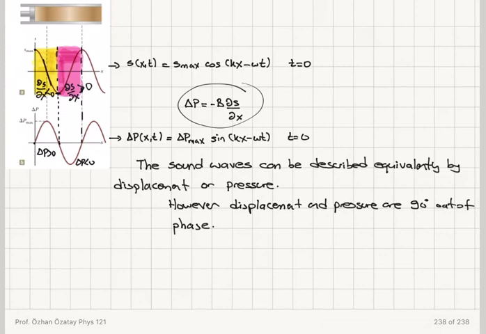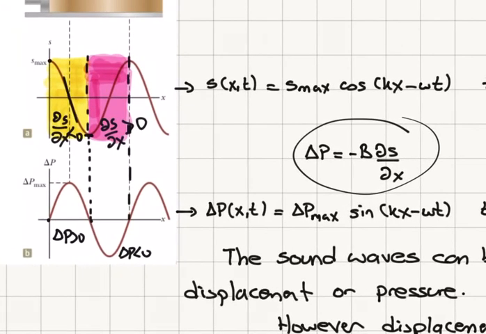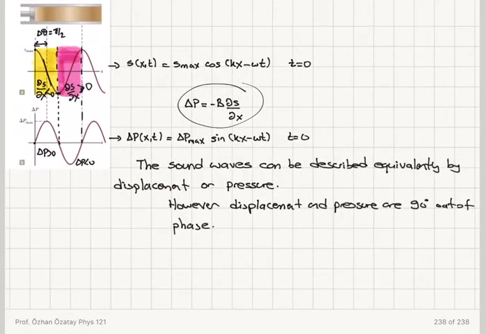So why do we say that it's 90 degrees out of phase? Because the sine function goes from its maximum to its 0 for a change in the angle delta theta equal to pi over 2. For example, sine 0 is 1, sine pi over 2 is 0. So that's when I start from 0 here. So there's a phase difference of pi over